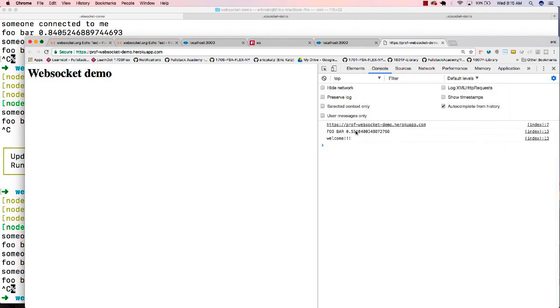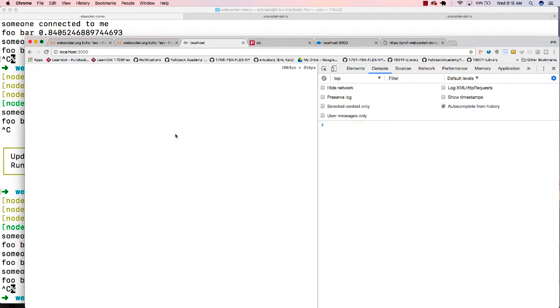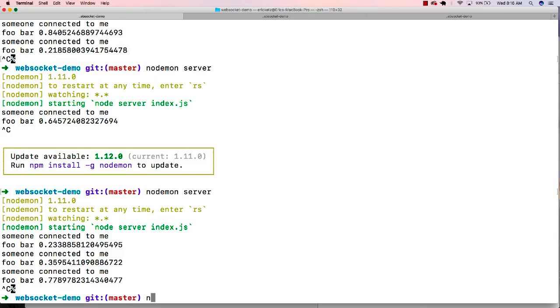server on Heroku. I can see my console.log, and the reason why this works is that I'm just replacing the HTTP with WS. So if it turns out that I was on HTTPS, I'm going to be on WSS, which is what I want to have happen with Heroku. Otherwise, if I'm running locally, and I go to look here, of course, this is not going to be running. But if I end up doing nodemon server,